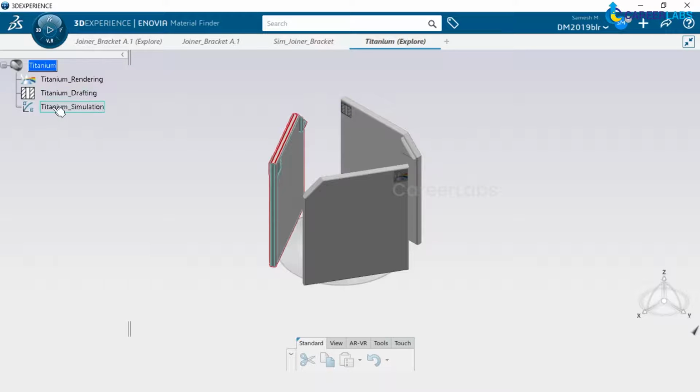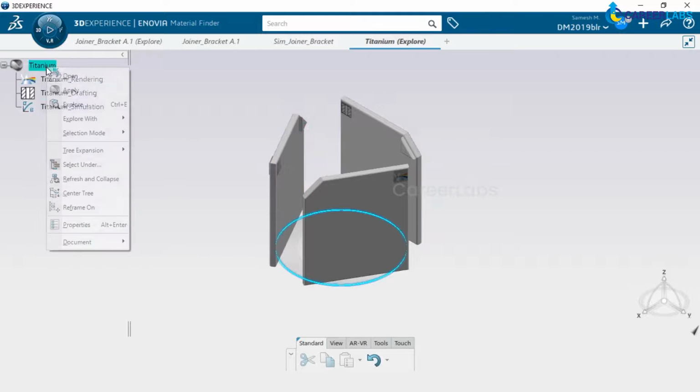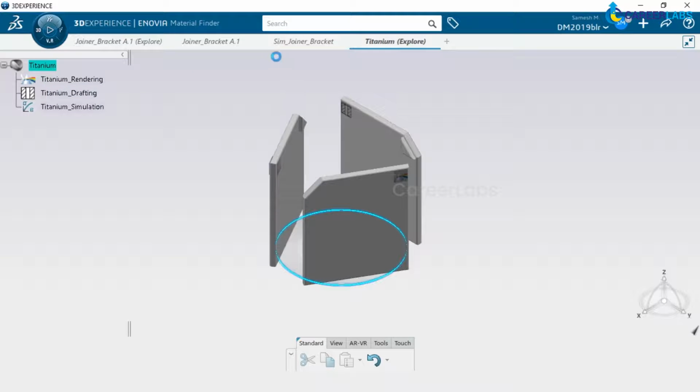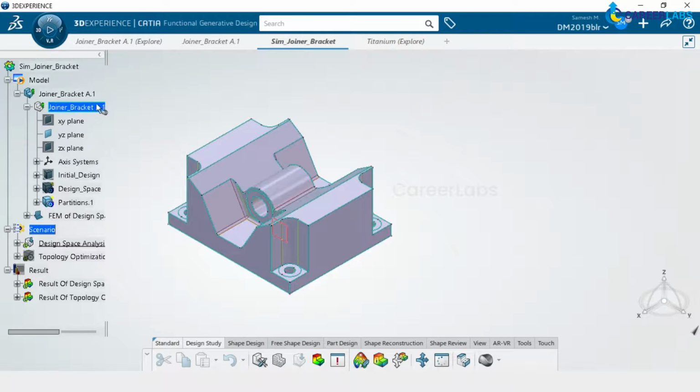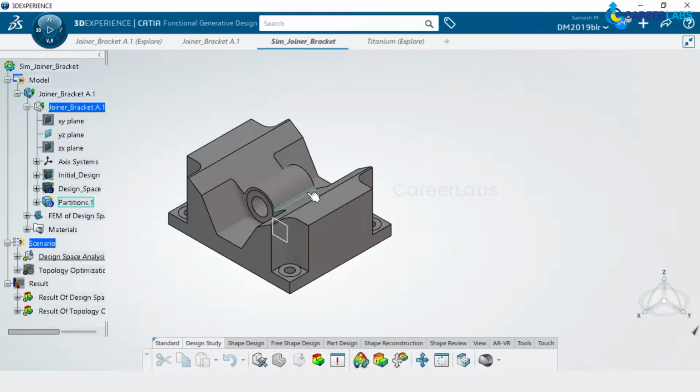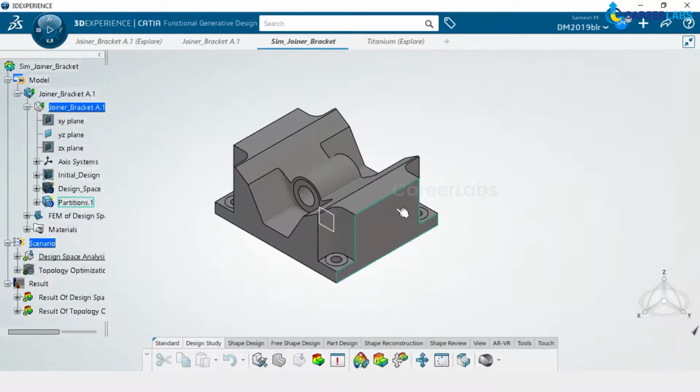So we actually want simulation properties, which includes Young's modulus, Poisson ratio, density, the plastic and elastic behavior, and all those stuff. So I will have to right click and then apply, and then I want this to be applied onto my current simulation. So I go and apply it at the specification tree. So I click and then apply it. Okay. Now the material property is applied.